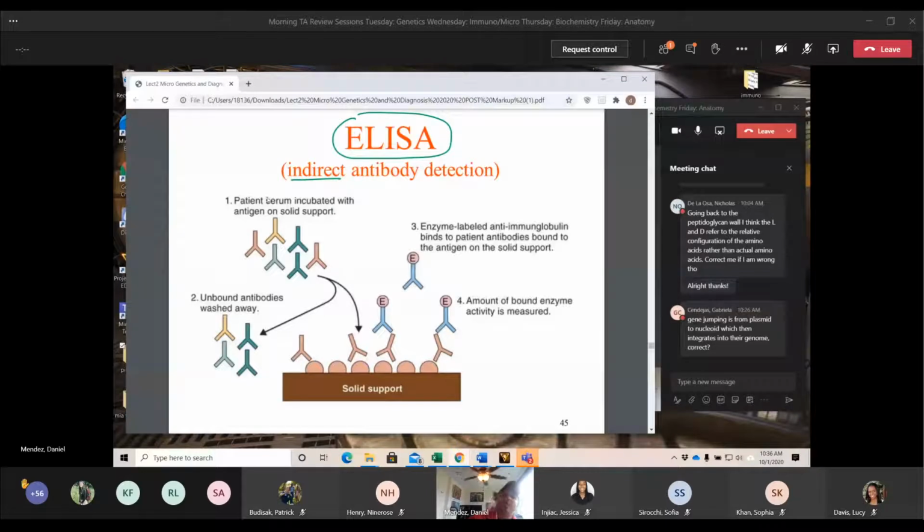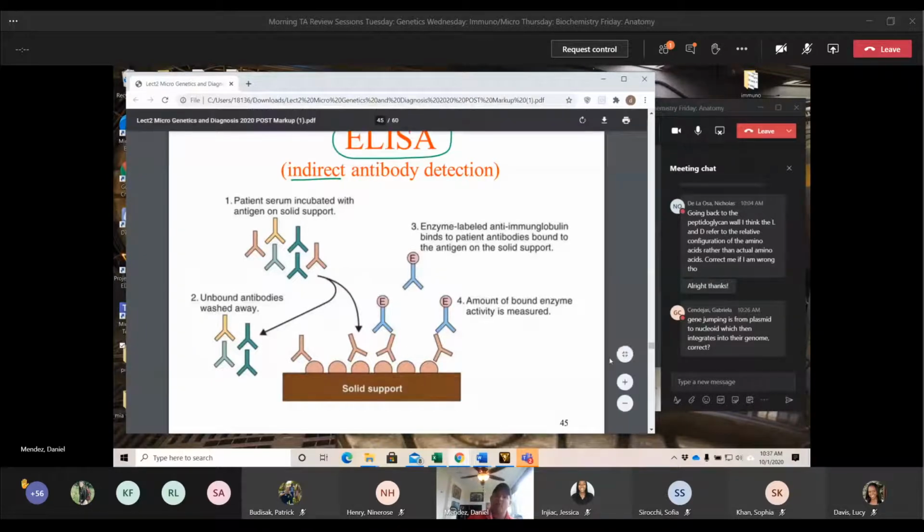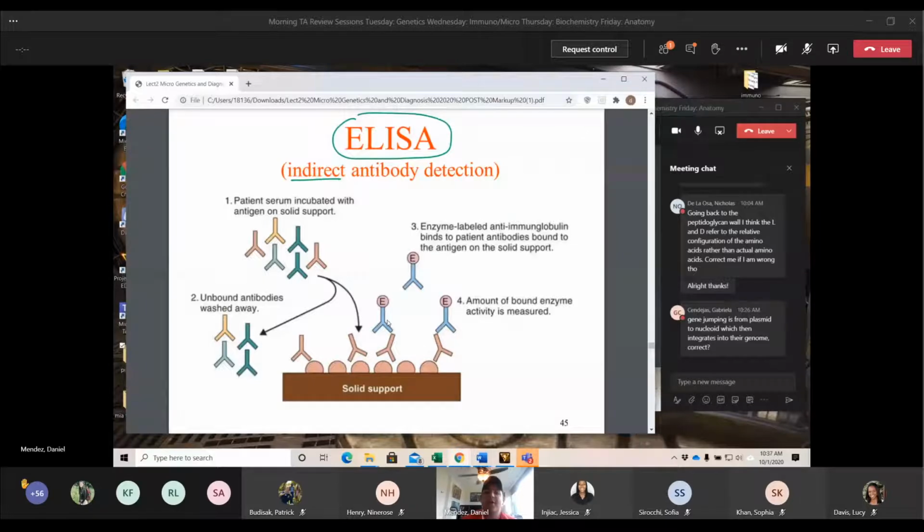We're going to run the patient's serum through that solid sample. Whatever antigen it binds to, we'll then wash away the excess. We'll do the same thing, apply a new antibody that can bind to this antibody that has a label on it, usually a fluorescent label. And then when we turn on our fluorescence, we'll see which antigen our patient antibody, this orange peachish one, bound to, and it'll let us know what that antibody is for.